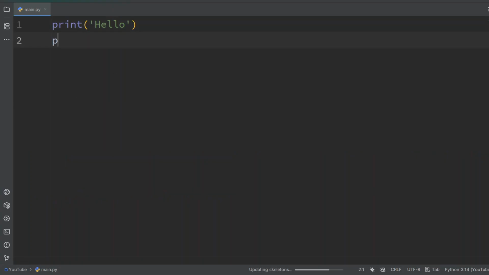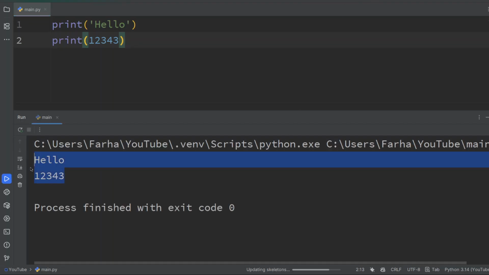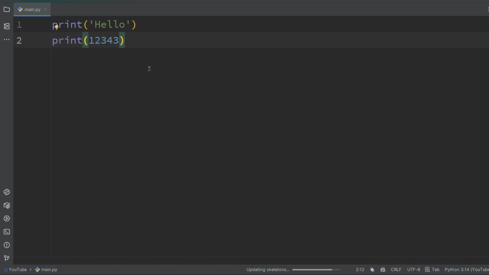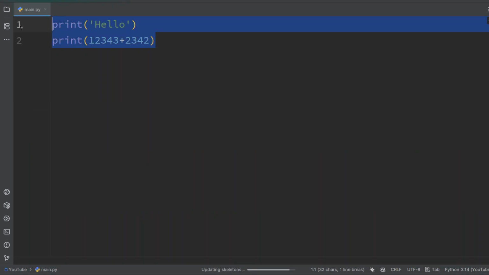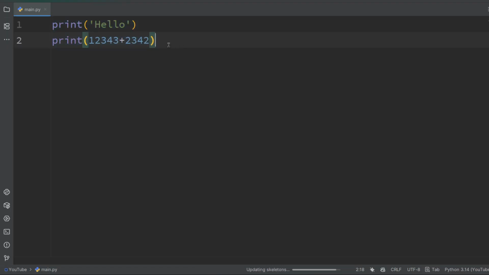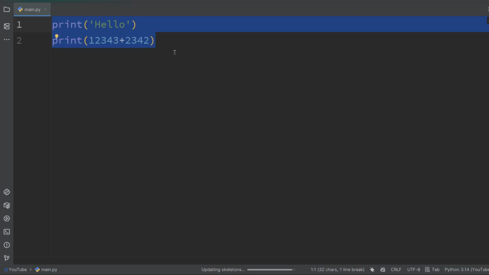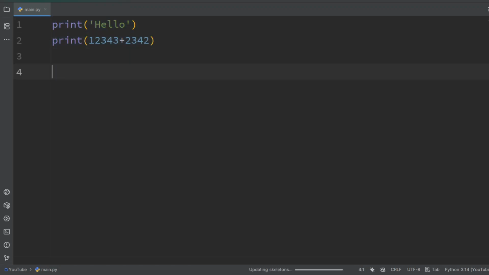We can also do something like print 123, and this isn't gonna actually show an error because this is a number. And yeah, as you can see, it prints that out. We can also do forms of some arithmetic operations. Let's say plus, and yeah, it also performs that. So we got our most basic form of a function we can have in Python,